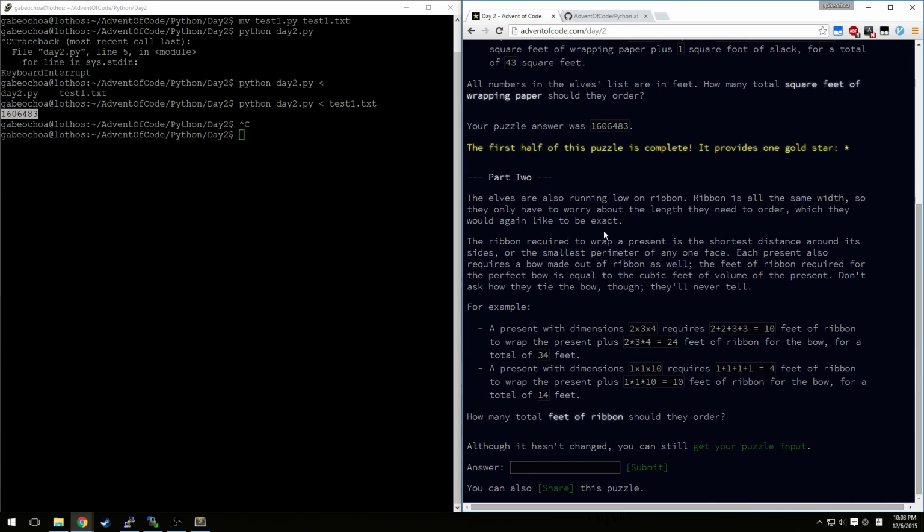That took a while. The elves are running low on ribbon. Ribbon is all the same width, so they don't have to worry about the length they need to order. The ribbon requires the shortest distance around its sides or the smallest perimeter of any one face. Okay, let's pull out the piece of paper. So each present also requires a bow. The feet of ribbon for the perfect bow is equal to the cubic feet of volume. No, okay. So